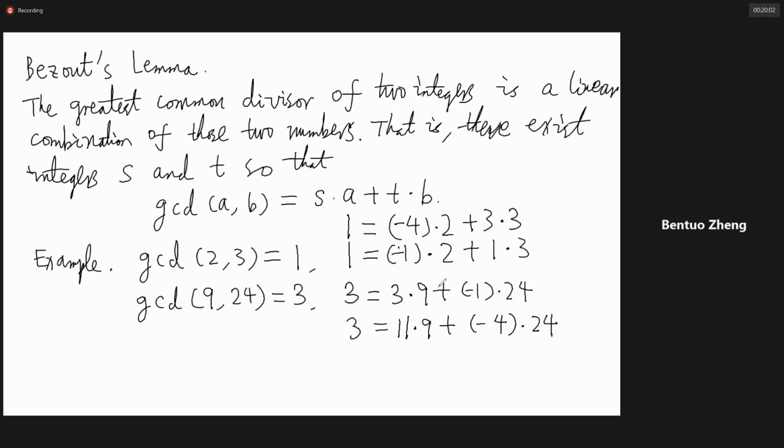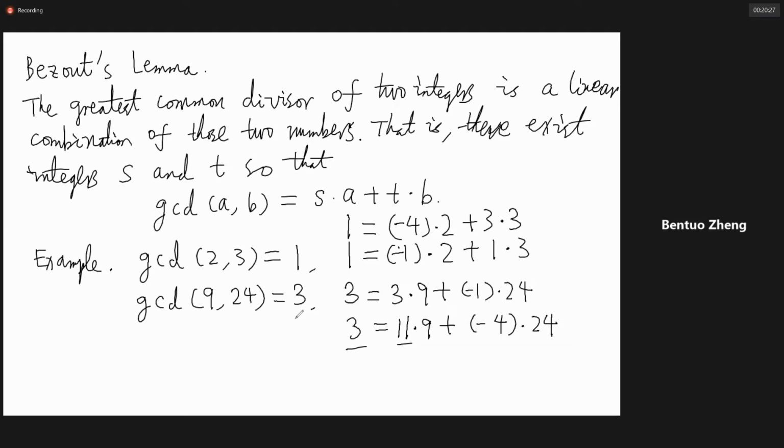So you can see not only do you have a representation of the greatest common divisor as a linear combination, you have different ways to represent it. Actually, it can be shown that the greatest common divisor has infinitely many representations as linear combinations of the